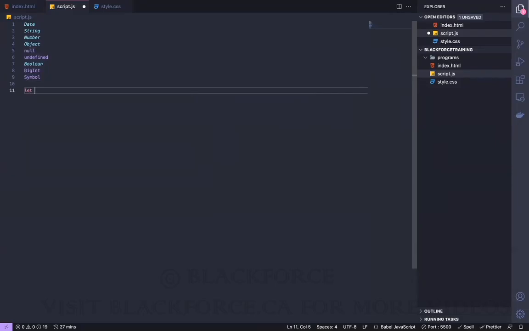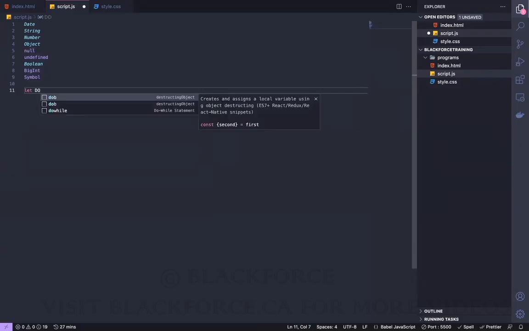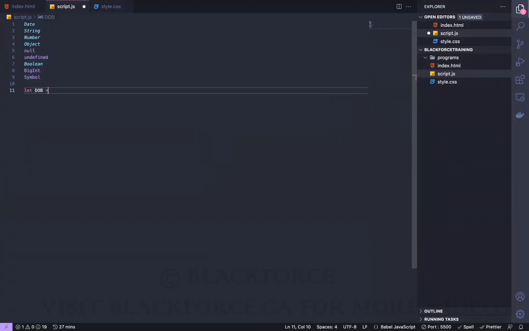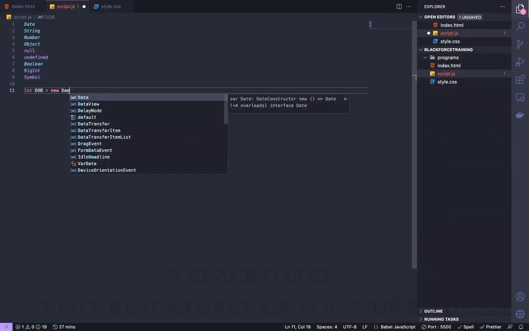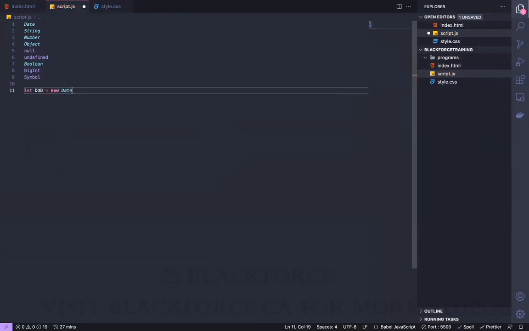So if I do, let's just use date of death equals, let me just type in something I've not talked about, and just put new date, right? This is just going to generate a date for me. So data types are just a way to tell the computer these are different types